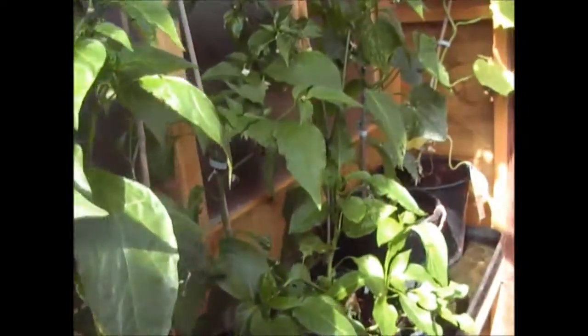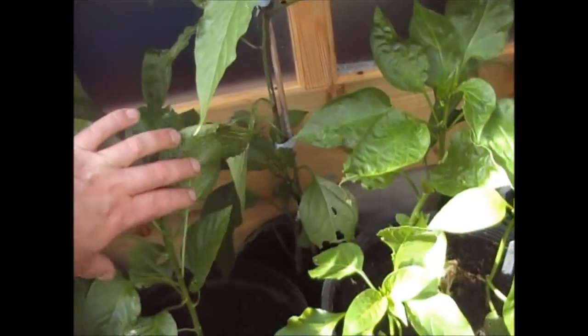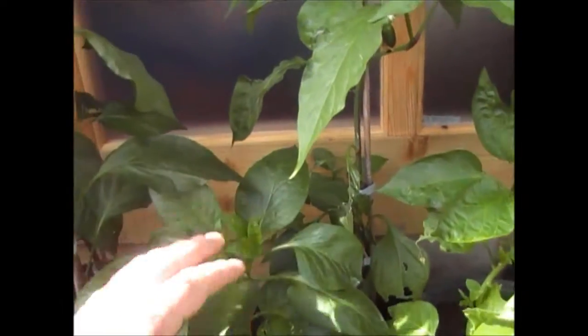So that's the rest of the other greenhouse. But that's a pepper plant there as well. But we've not got any flowers or anything on there yet. But it looks like we're going to have some peppers off this one. Now I've grown peppers